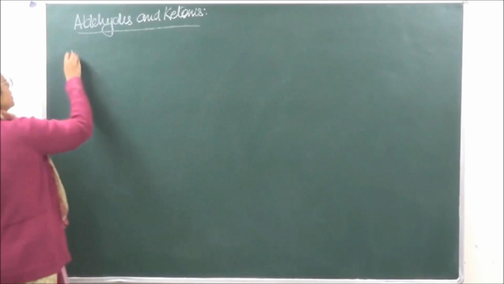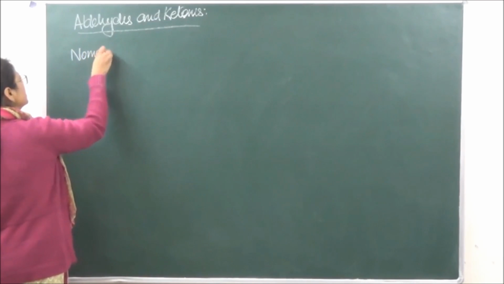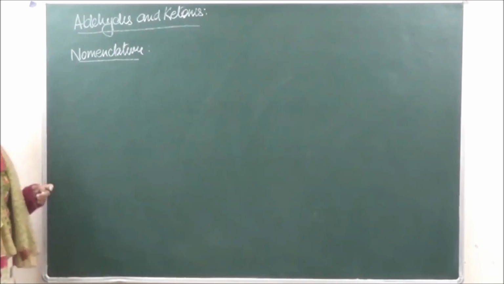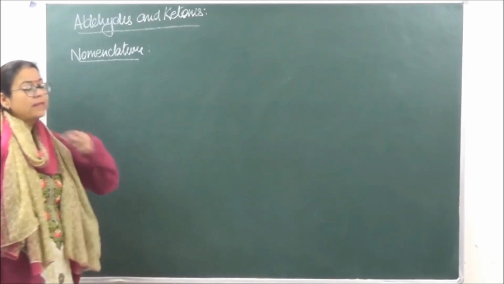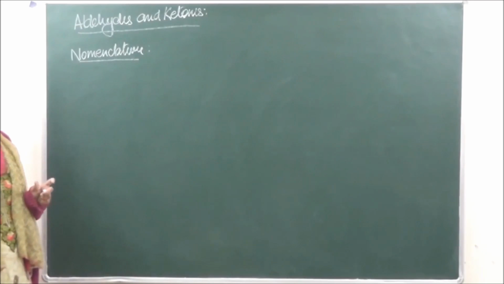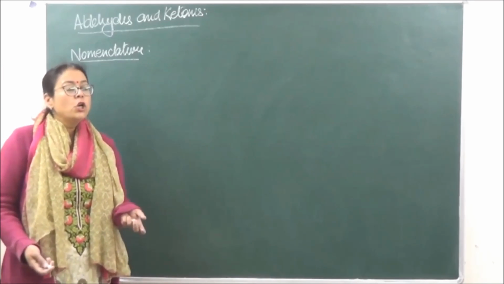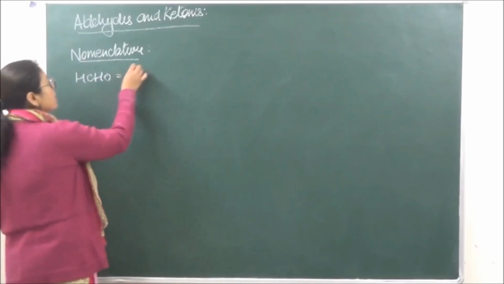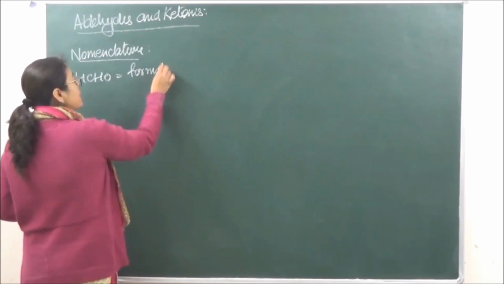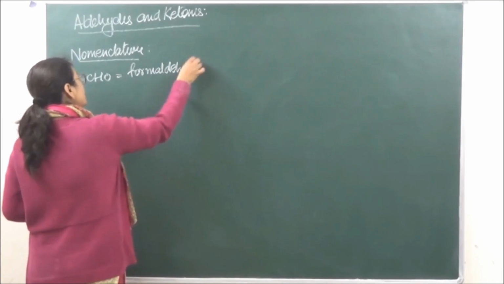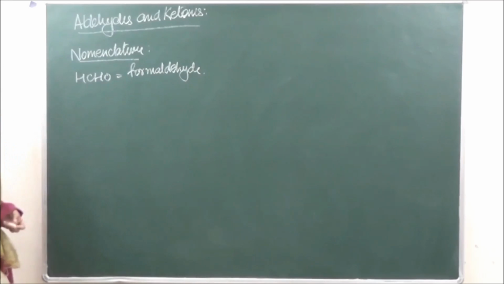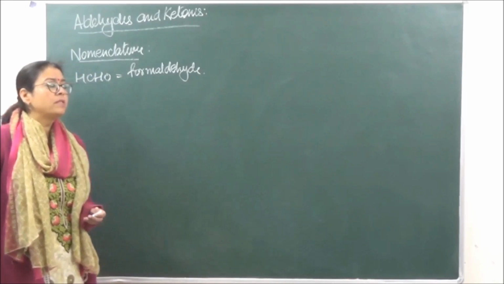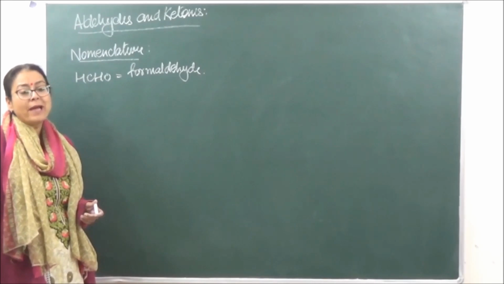Nomenclature of aldehydes and ketones. Now generally जब हम लोग common name करते हैं तो common name में हम इनको aldehyde करके name करते हैं. जैसे if you are taking the lowest member of aldehyde, that is HCHO, this is going to be known as formaldehyde. But in this case the IUPAC nomenclature, that is a better method to express, because there are so many different kind of naming which is done by the common system that it becomes difficult to memorize all the names.